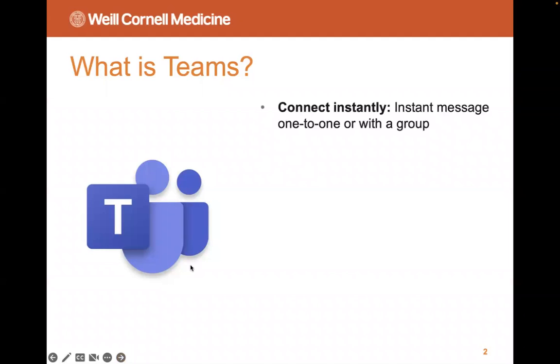So what is Teams? You may have heard a little bit about Teams here and there, and at its most basic, it's a way that you can connect instantly with your colleagues. You might call it an instant messaging tool. If you wanted to reach out to somebody at Weill Cornell with a quick question, email might be a little cumbersome for that. You'd have to wait perhaps for them to respond. But for a quick conversation, you can always use Teams to open up a chat window and say, hey, I have a quick question. Do you have a minute? And that person can respond back whenever they have a moment, or even right then if they've got some time.